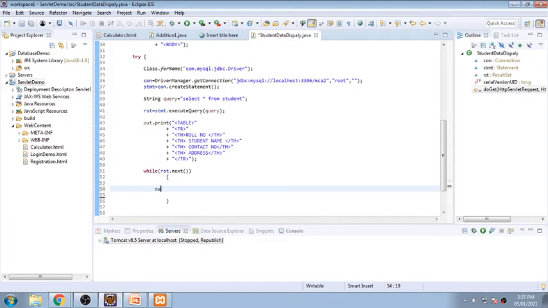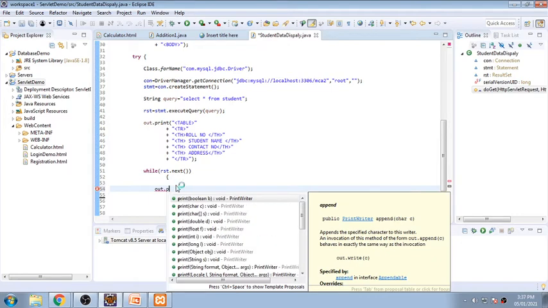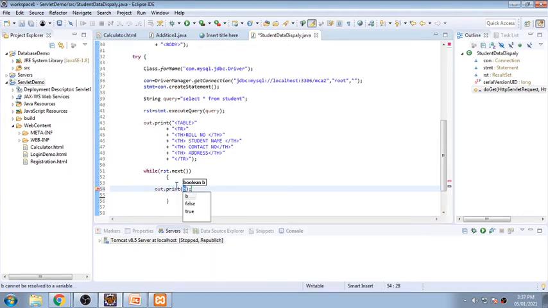So out dot println, I will say out dot print, and into this I will write something like this. A table row is being created, and the table row will contain cells. I am writing very systematically.